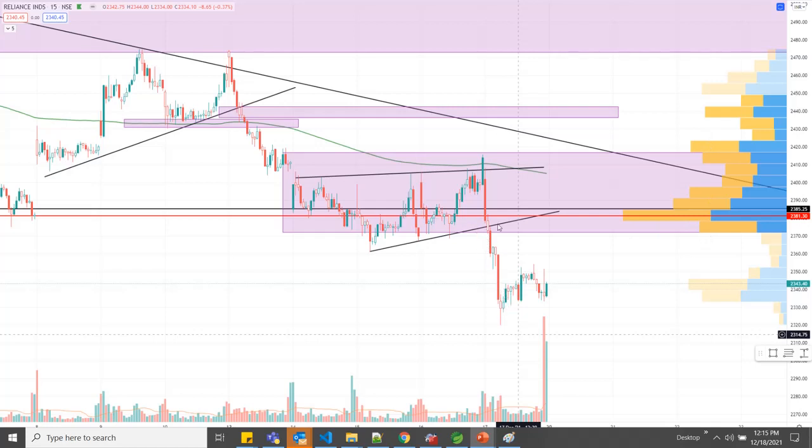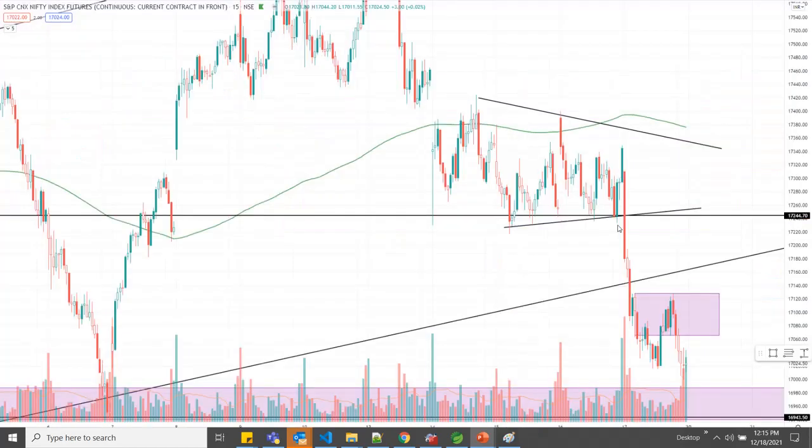This is because the value area is now unfair, because price has moved out of a high volume node, and in the low volume node price moves very swiftly. So this is a perfect example of a breakdown, and you can see how a volume profile indicator has helped you in this. I think now things are getting clearer. Let us see some more examples.